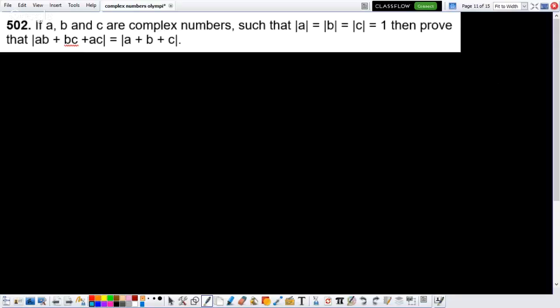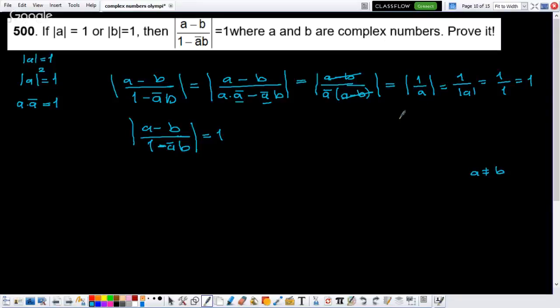Here I didn't mention, while you are discussing that one, that when you have division inside the module, you can separate it like Z1 over